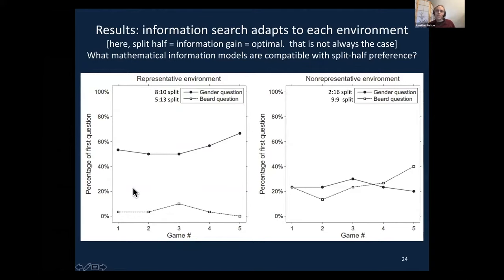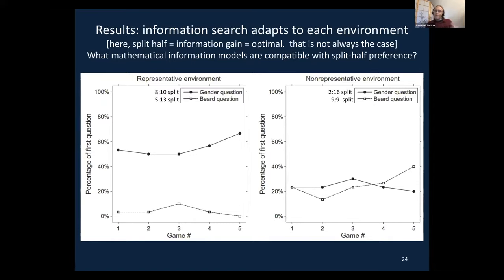That's good. Okay, so in the yellow set of faces, the so-called representative environment, we call it representative because we think 9-year-olds in Germany have probably experienced men and women, boys and girls in close to half and half proportions. And the statistics of the cartoon faces weren't quite 50-50, but close to it. And in that environment, this is what happened through time, there was a clear preference for the gender question, so either saying, is it a boy, is it a girl, or something like that in the first question. In the non-representative environment, there's a distinct change if you look at these lines.